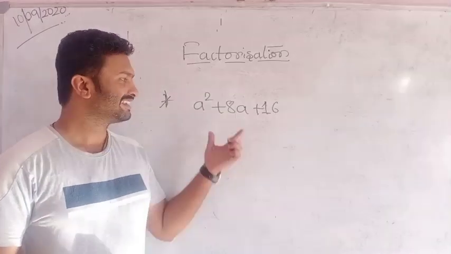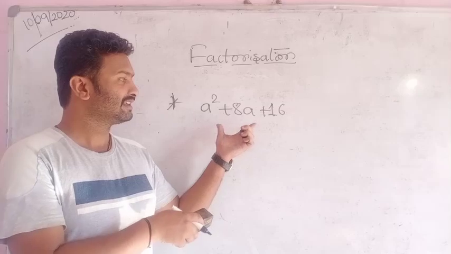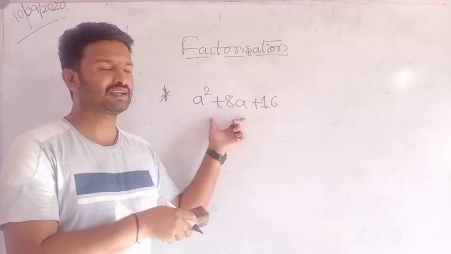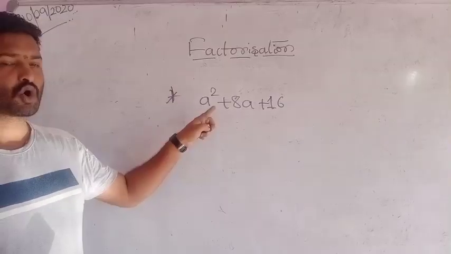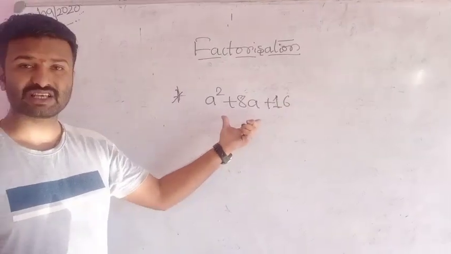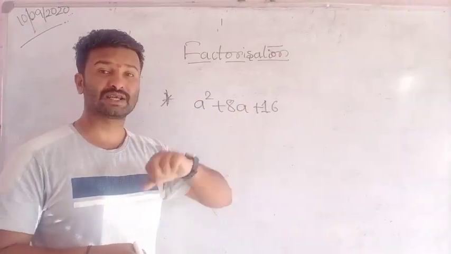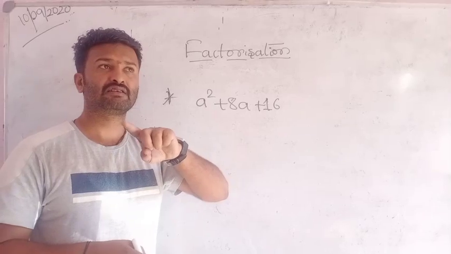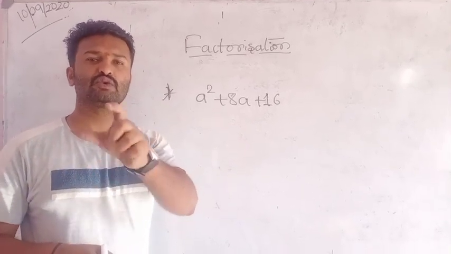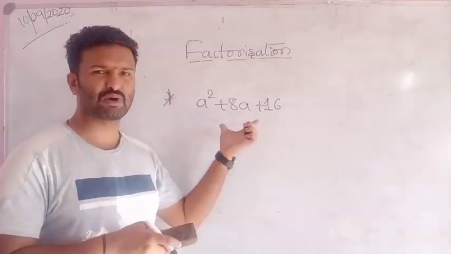Okay, last, this one is different from the last problem. Okay, it's very simple. Here they are given a quadratic expression. Okay, this one is a quadratic expression. We have to find the factors of the quadratic expression by the factorization method. Okay, it's a new word for you people, a new concept also. Please understand, very simple problem.